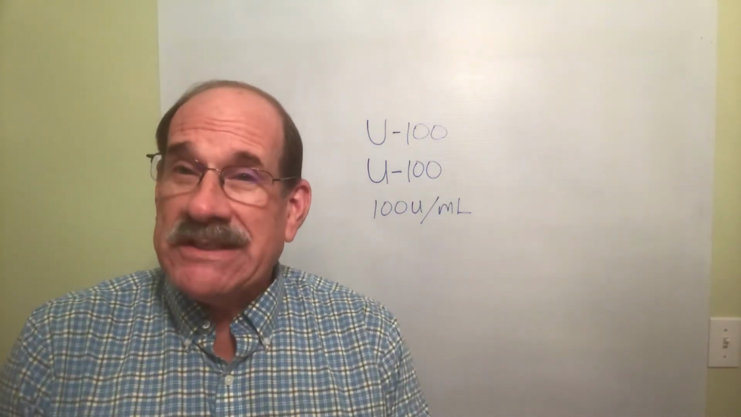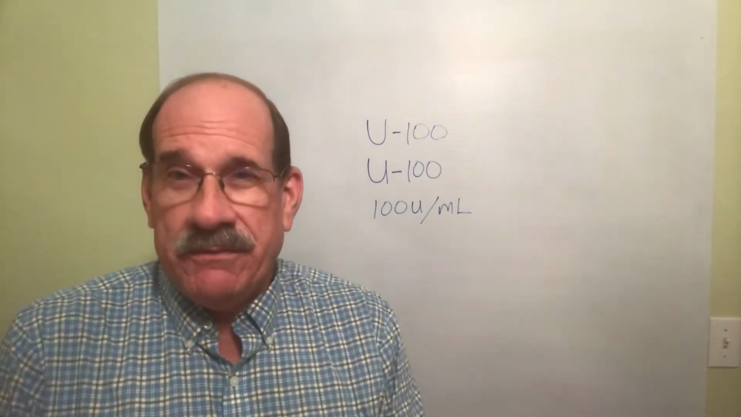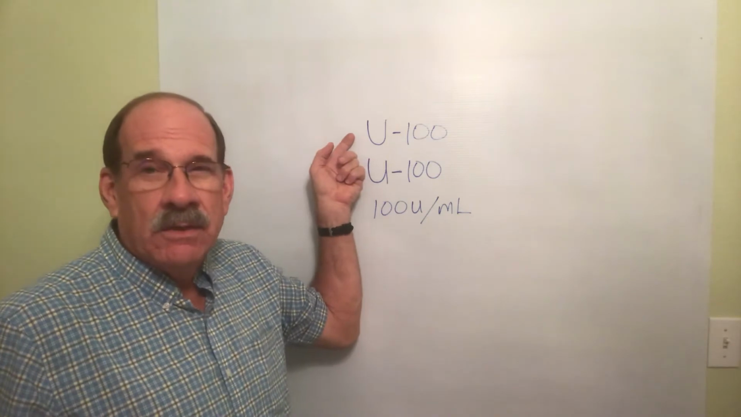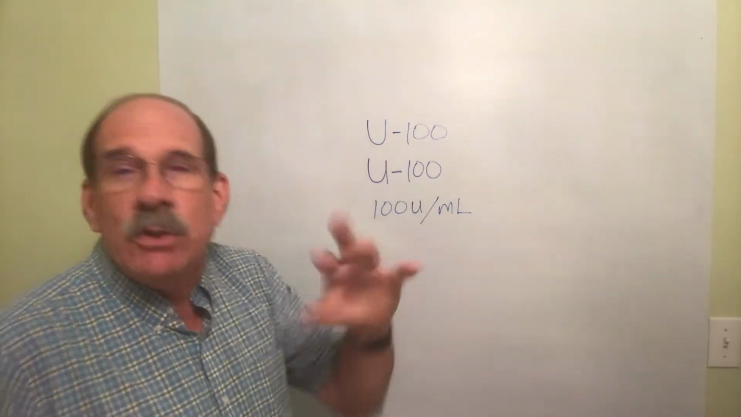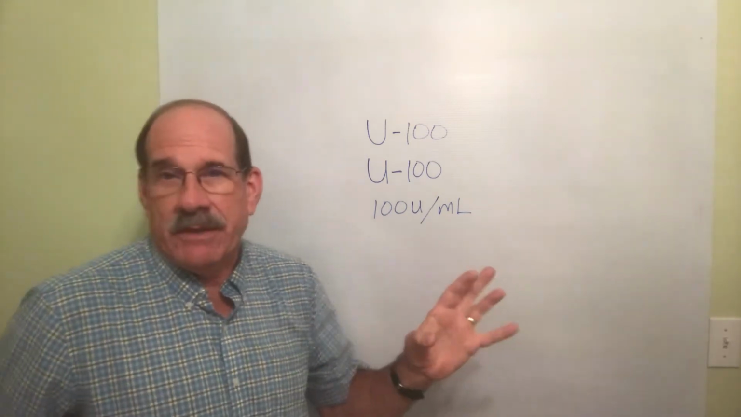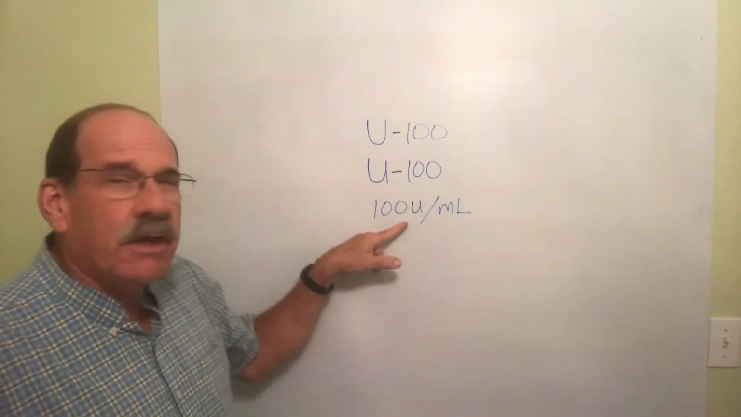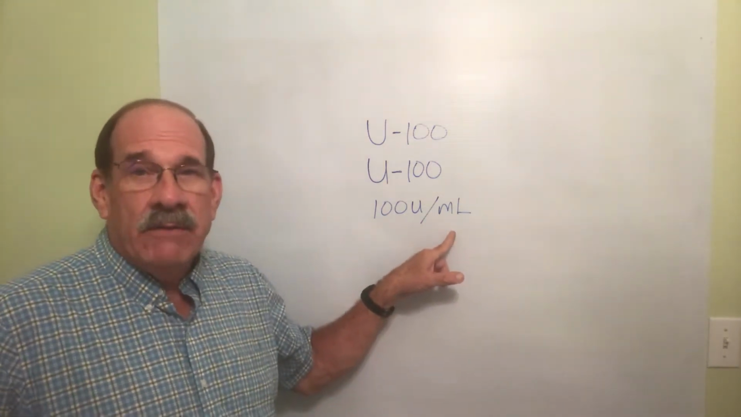Well, let's talk specifically about insulin. Most of the insulin out there is what's called U100 insulin. You better know this. Whether you write the U this way or this way, it doesn't matter. If you see it written, it means the same thing. That means, you better know this, there are 100 units of insulin in every 1 milliliter